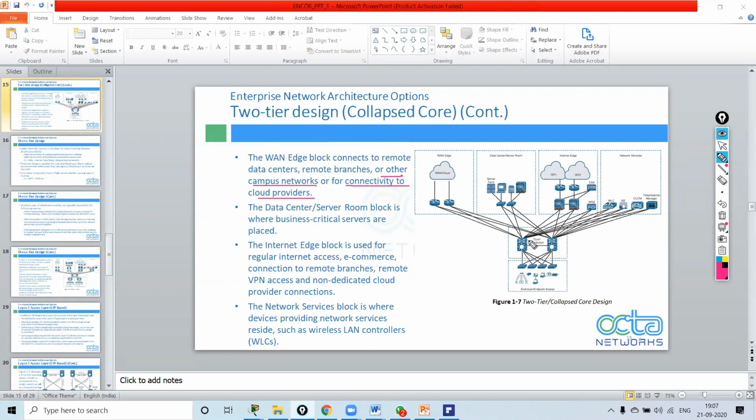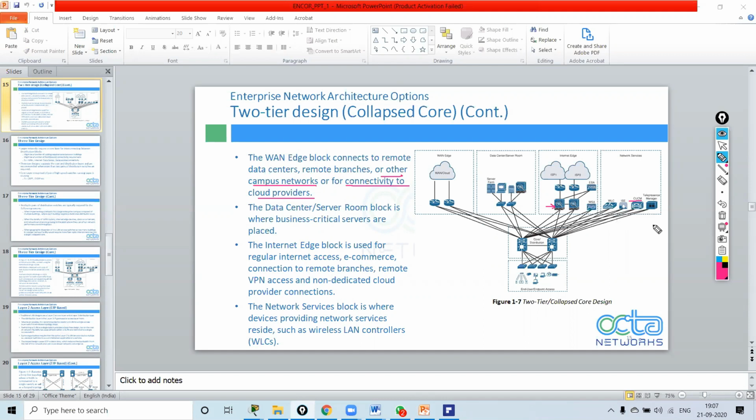So you can see my core distribution layer, my collapsed core, is connected with my WAN connectivity, any WAN edge, any other branch offices in other geographical locations, and the data centers or server rooms. It is connected to the ISPs with a firewall kept. It is connected to network services, like wireless networks, an external AAA server kept anywhere, or any CUCM that will be used in our collaboration part,